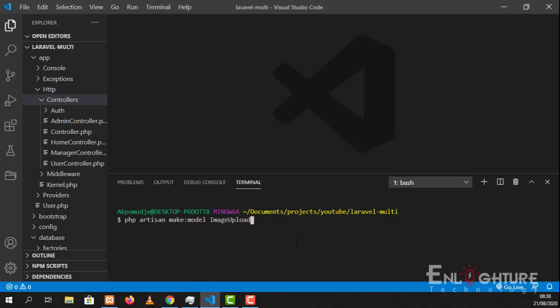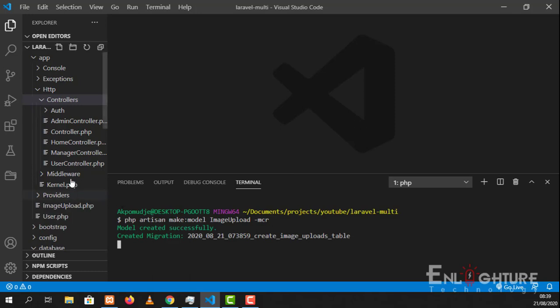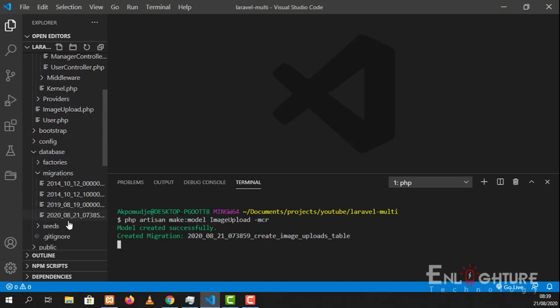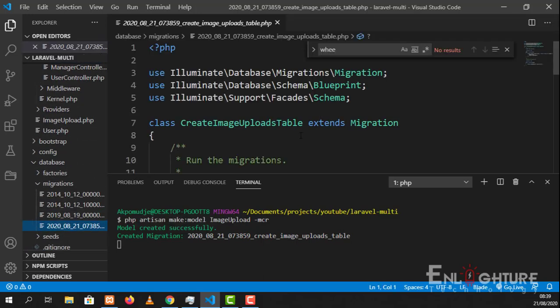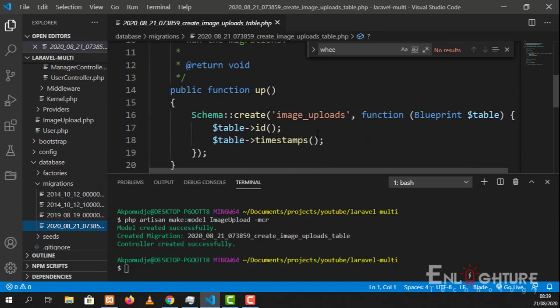Then we're just going to put dash mcr. This is going to help us create our migration, controller and model all at once. So we have our migration already created, so let's go straight to the migration here. Alright, so the first thing I want to do is